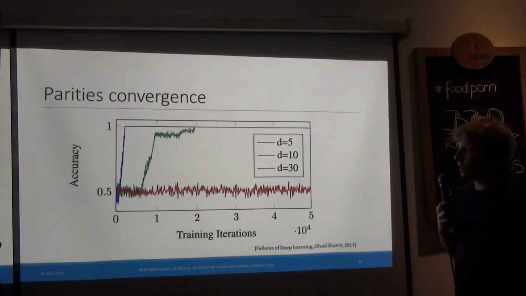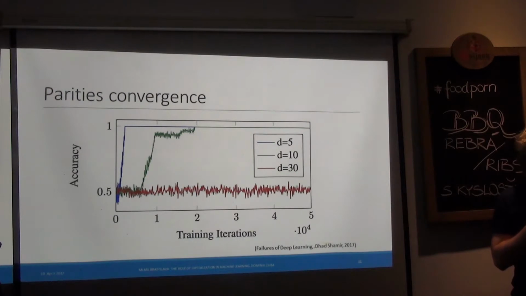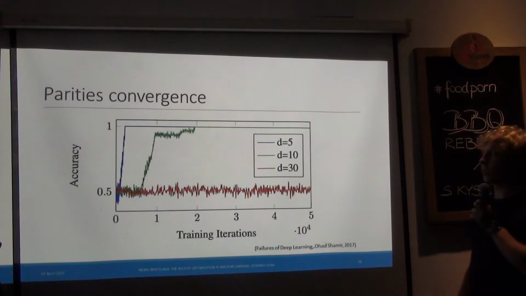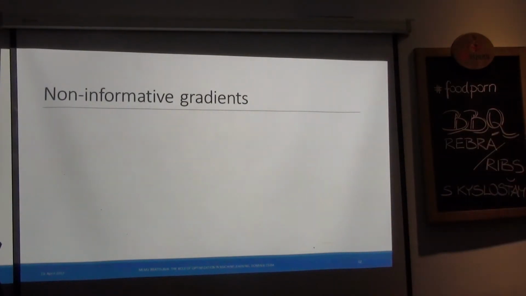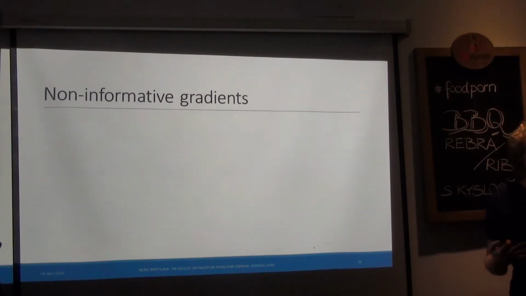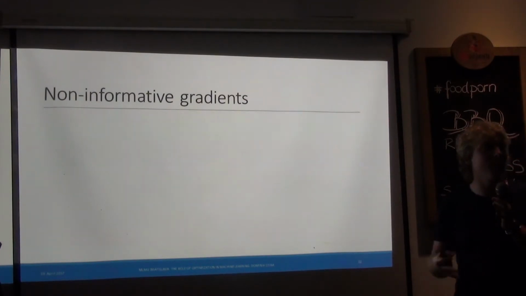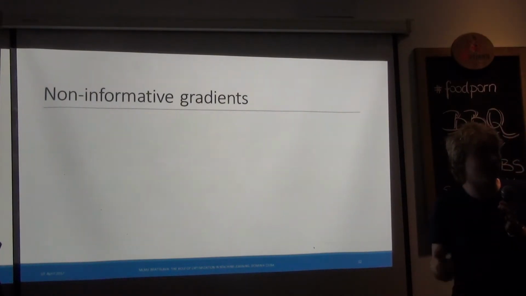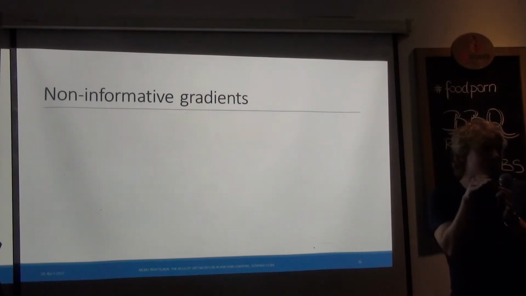And actually, one can prove that it's not going to learn it at all, which is kind of surprising. But there is actually some theory behind it, again some math, but not that much. The idea is that the gradients are going to be completely non-informative. What I mean by that is that independent of the v's, we are going to have very similar gradients, very close to each other. So the gradient information is going to be the same